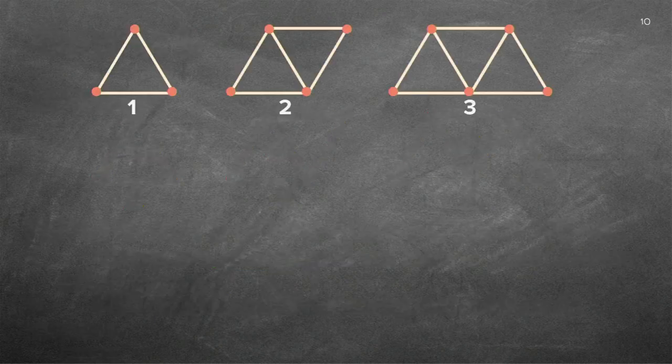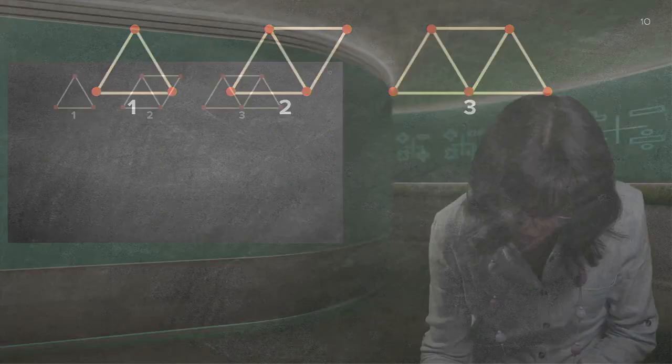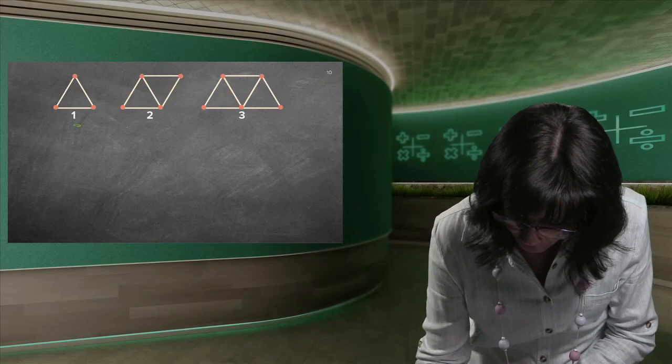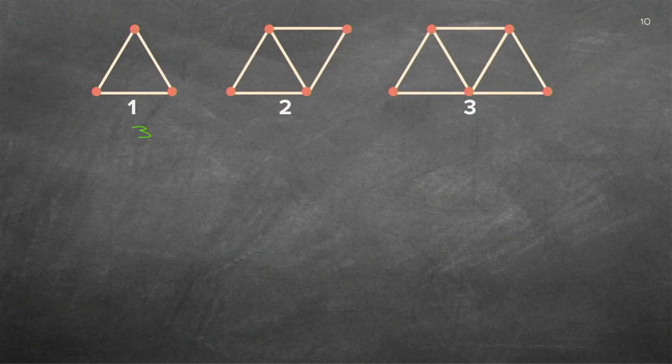So I'm going to write down my formula now, but I haven't got anything yet. So let's just go to an empty space. I need to write down: here I've got 3 matches. There I've got 3 plus 2, which is 5 matches. There I've got 5 plus 2, which is 7 matches. Now you actually heard the pattern already. So there's my sequence. What happens from there to there and from there to there? 5 minus 3 is 2. 7 minus 5 is 2. So I can see my common difference is 2.